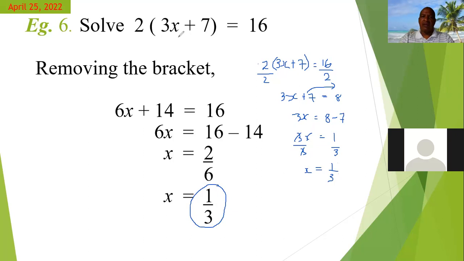In this one over here, we would have multiplied out the bracket, then solved. In this one on the right-hand side, we would have gotten rid of the 2 by dividing both sides by 2. And then what remained in terms of the expression, we solve that after we get rid of the 2